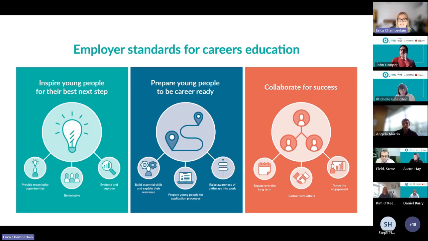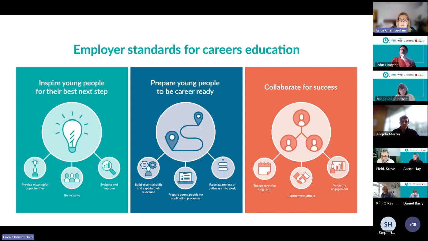So the second section here is career readiness. So this means getting involved in developing the skills of young people and showing their relevance to the workplace. Many of you may work with Skills Builder or look at the essential skills. So this is really looking at those essential skills and making sure young people have got the chance to develop them and practice them. There's the next standard here, so standard 5, is preparing young people for job applications.